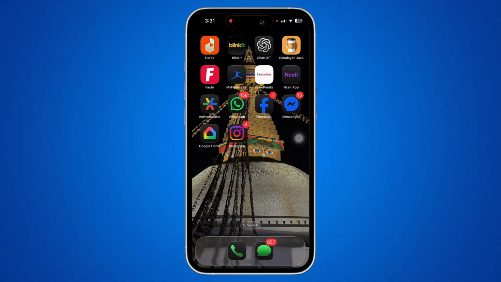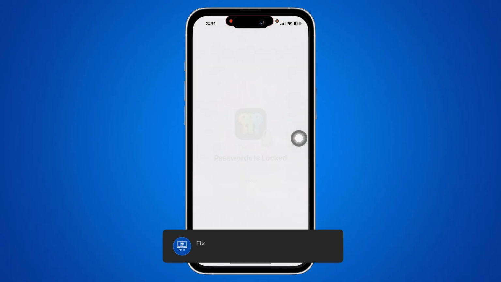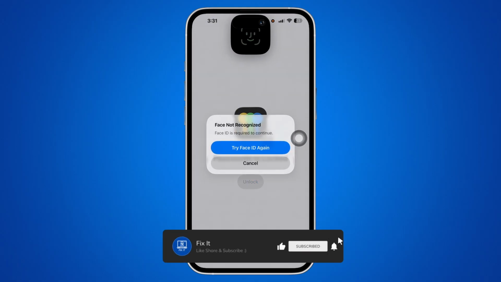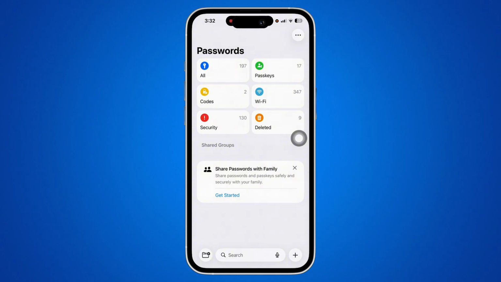Now let's get right into the tutorial. Firstly, go ahead and open the Passwords application on your device. Passwords is an inbuilt application of Apple which lets you save all your important passwords. So go ahead and open the Passwords application and you will be required to unlock the app in order to